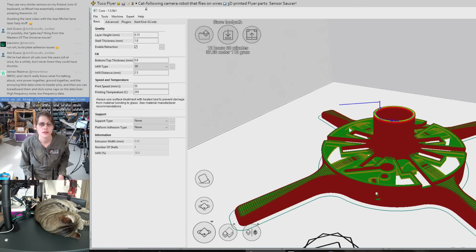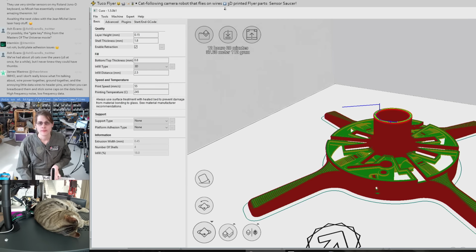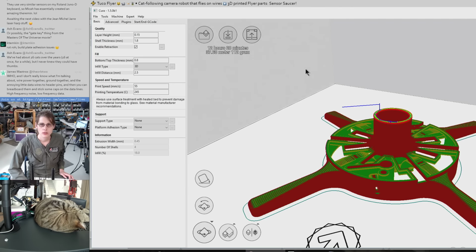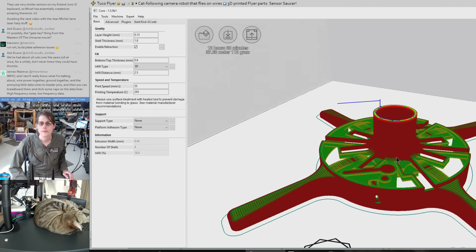Curalicious. So this piece is going to be a little bit tall. I'm wondering if maybe I was using too much infill. I don't know. Let's try...